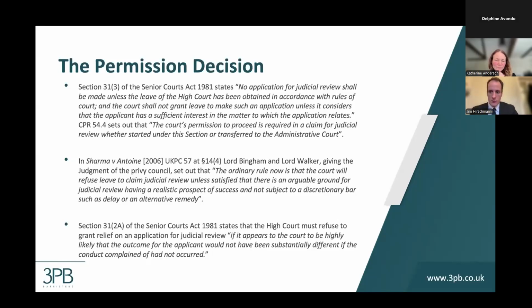But beyond that, you've got to knock it back on arguability if none of those knockout blows are available. Katherine already mentioned this, but if you can also show that there would have been no difference to the claimant, even if you had acted lawfully, then that is also a good way of getting a JR knocked out